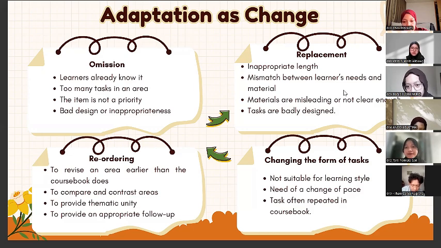Third is reordering. We change the order of the material. For example, we might teach a topic earlier than the book suggests, or arrange topics to make them easier to compare, connect, or follow up. And the last is changing the form of task. Sometimes the activity type doesn't fit the students' learning style. In this case, we can change the form of the task. For example, turning a reading activity into a group discussion or changing a written drill into a game to make